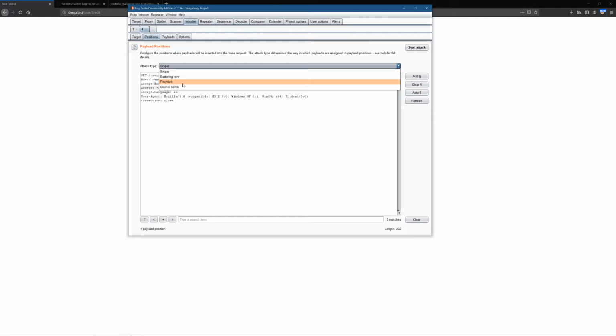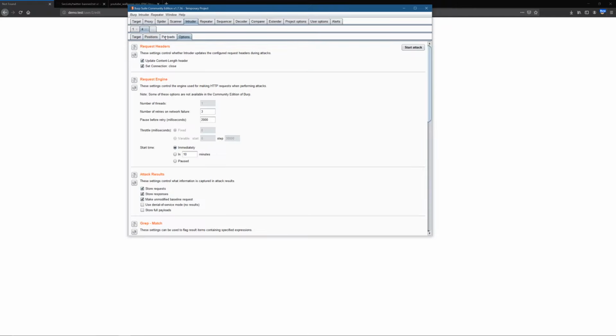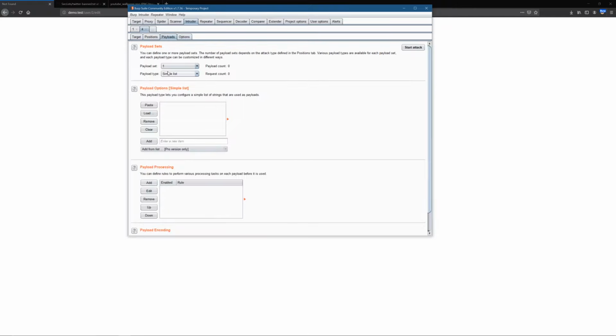The cluster bomb does the same thing, only better, which will also result in more requests than you need, because it's going to mix all kinds of combinations. But in this example, we're only going to enumerate over this part of the URL, and we're going to make it step from, if you press the payload, I'm going to add